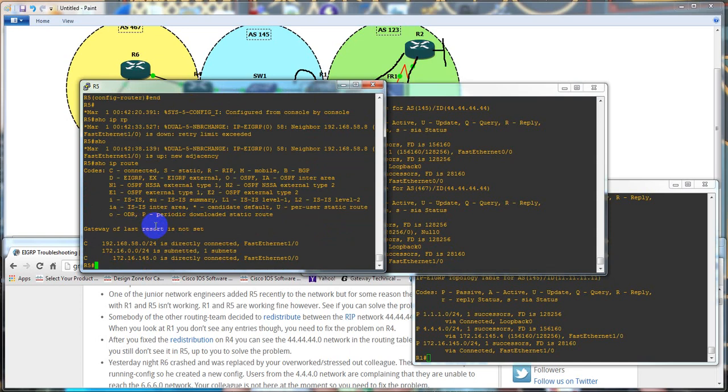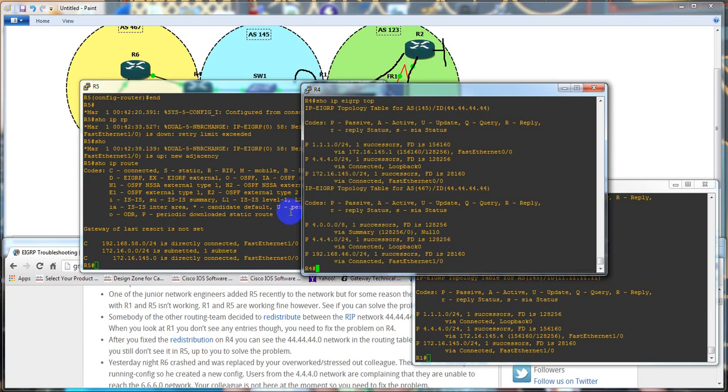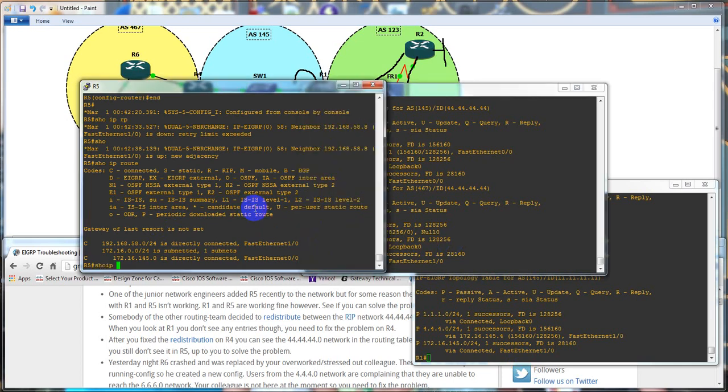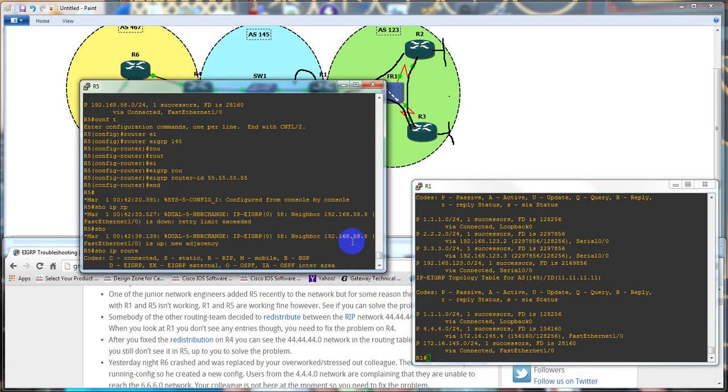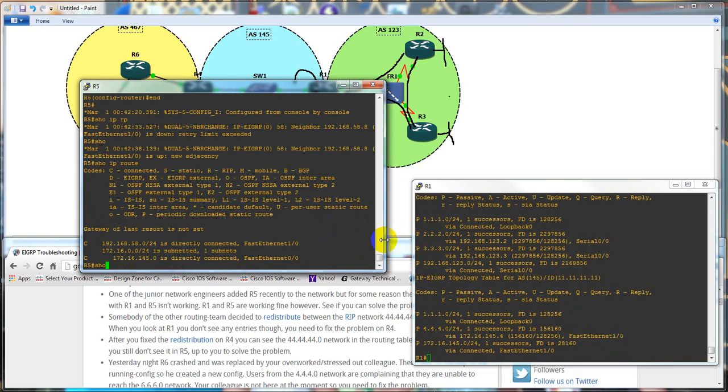So let's see here. Show IP route. What's bugging me is there's still an adjacency issue between R1 and R5. I don't know why that's giving me that error. I've seen this before, so I know something's up. Something's not kosher between R1 and R5. Actually, I want to do a debug